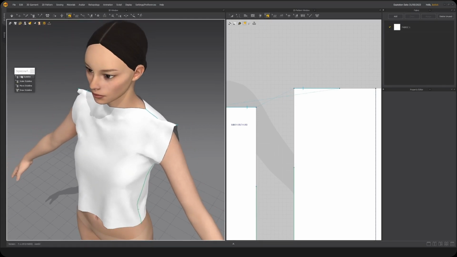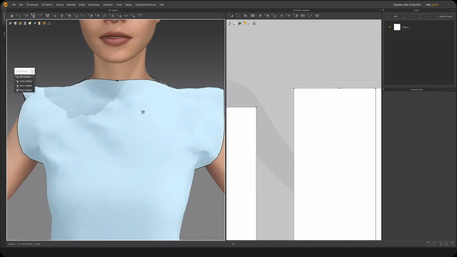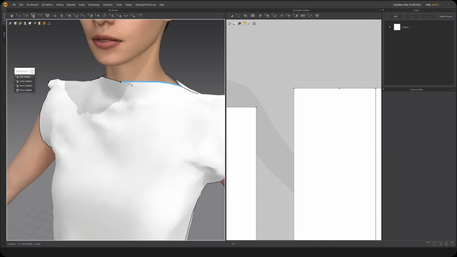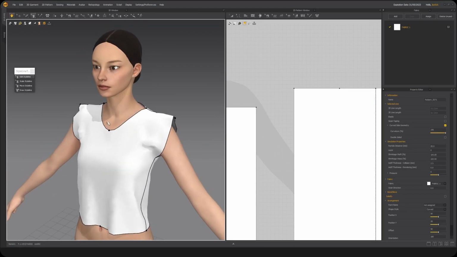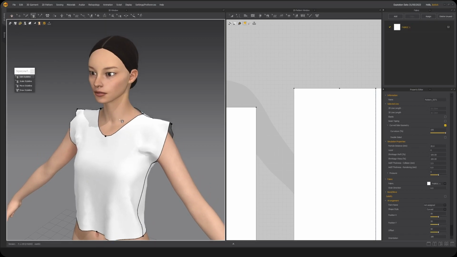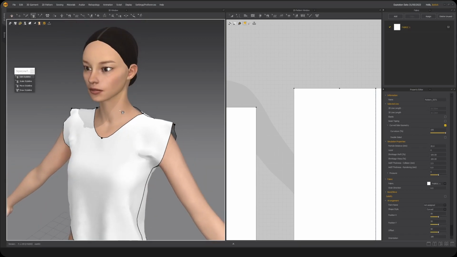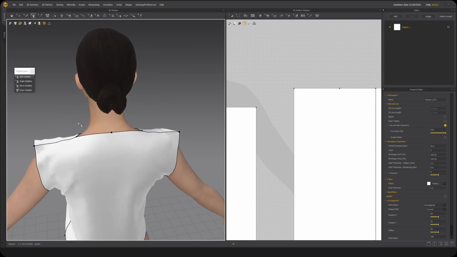Let's take our Edit Style Line button here once again, click on the front pattern, click on this little dot that is here, and you can see now that if I put my cursor over this particular edge, it is only highlighting the edge from the center point to the vertex that we have now added. So I can take the front here of the shirt, or the vest rather, and just move it down, as you can see, to create a little bit of a V-neck like that. Really wonderful. I can click spacebar yet again to do a simulation, let it all rest,